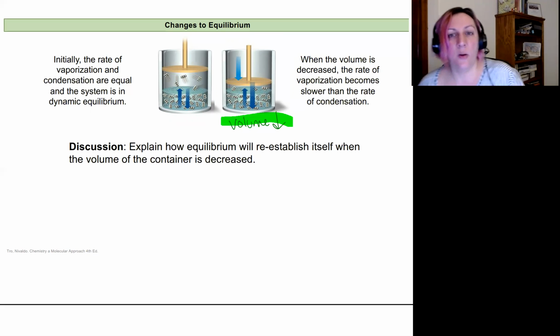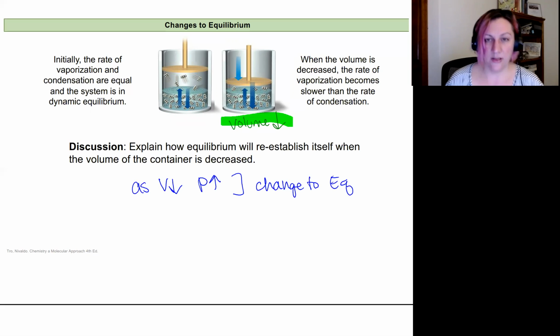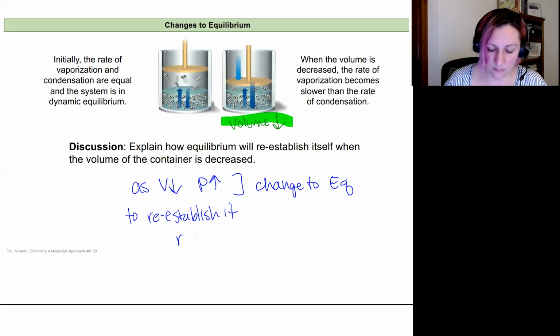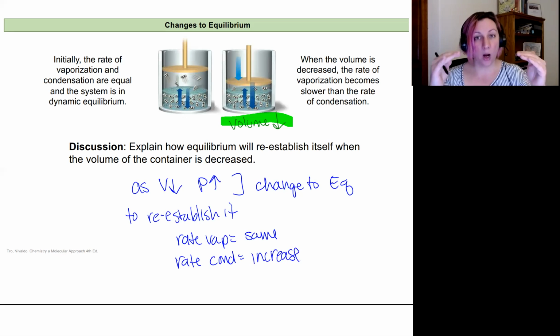All right. So as this volume decreases, pressure increases. This is my change to equilibrium. So now I'm not in equilibrium anymore. So to reestablish it, my rate of vaporization is going to stay the same because nothing has happened to my liquid. But my rate of condensation is going to increase. So more particles are going to go from the gas phase to the liquid phase